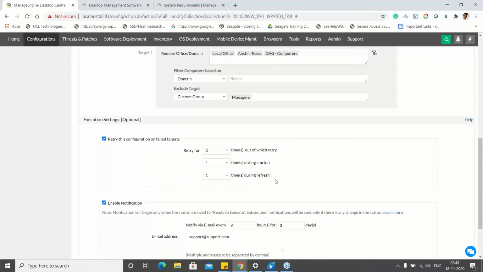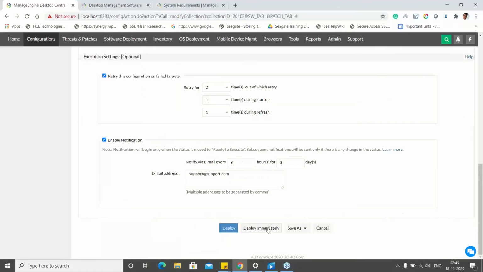So for all the on-demand configuration, as I told earlier, we use the port 8027. Once I click deploy immediately, the 8027 port invokes the machine on the other end. That makes the machine contact the server on demand itself to get the configuration. So this configuration will be transferred to the client in the form of an XML. The agent, which is installed on the end user's machine, interprets it and then gets it installed. So that's how the configuration gets deployed.